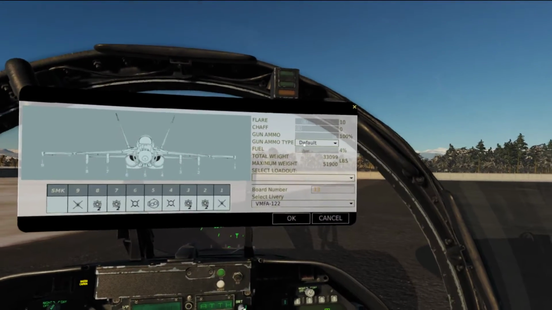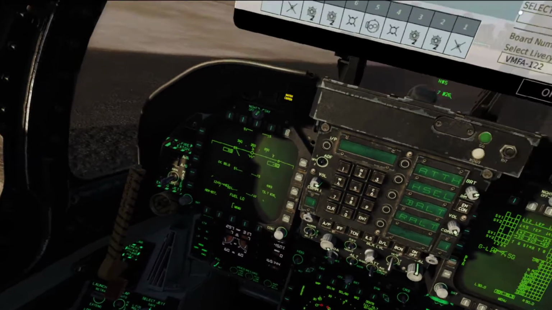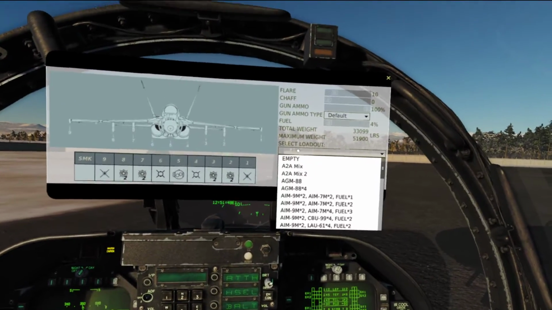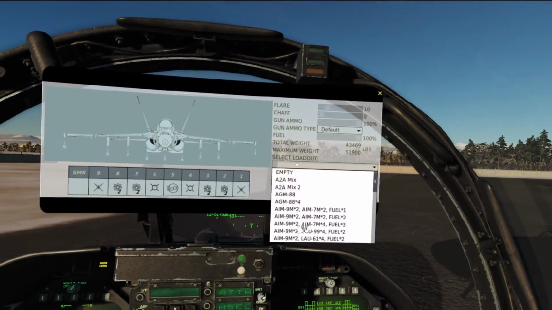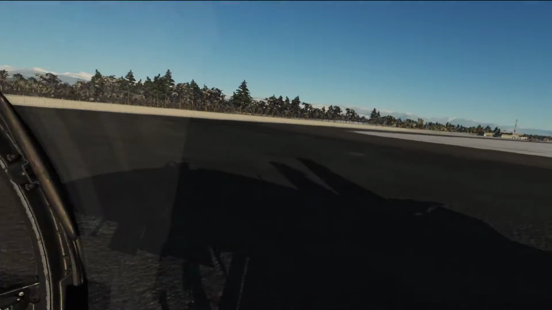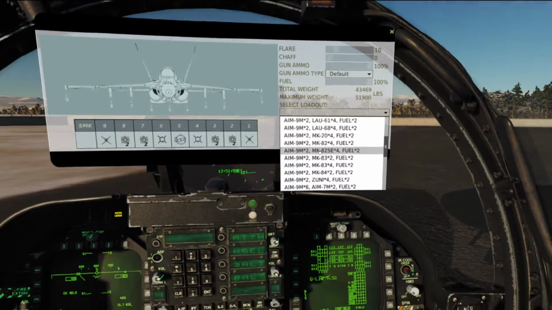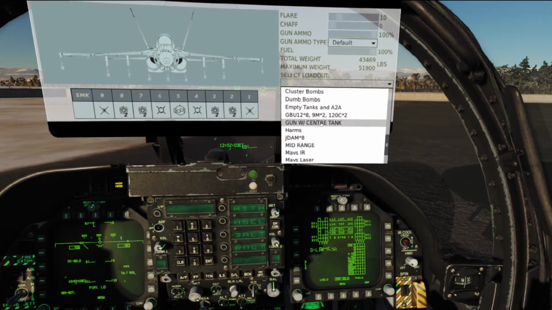So I always forget that, look, 4% fuel left. 450 pounds, fuck me. That's one carrier landing away from going into the water. So 100%. And we won't run out of fuel because we're going back to the same place. And then what I like to go for is...